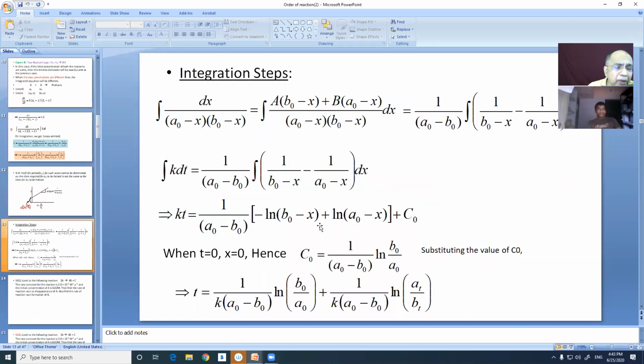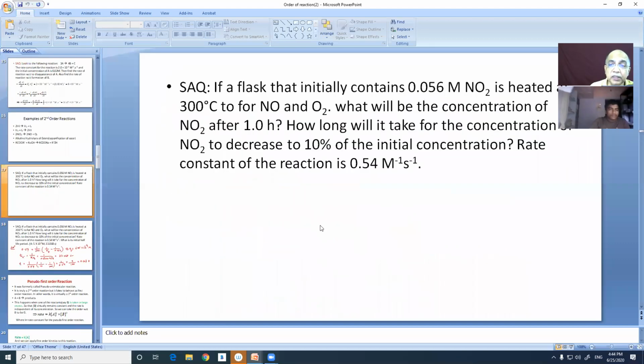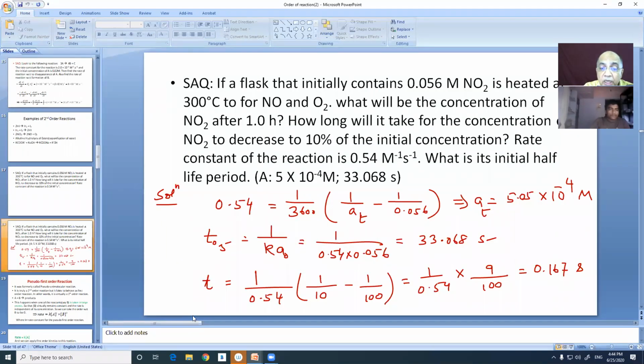This is the repetition. Have you integrated that? I told you that when the initial concentrations are different, say A is A0 and B is B0, then how to integrate? How many of you have done it? Raise your hands. I told you to do that. No one. Jasmine Lenka has done. And I have done it, but not in a detailed way. Then we have done this problem, and this we have done. Here I have found out the time.